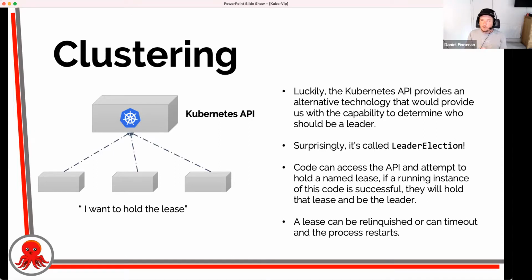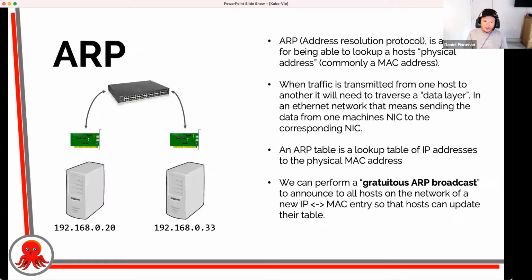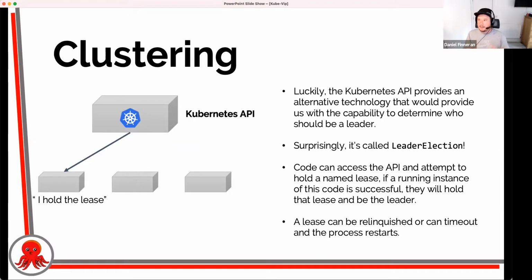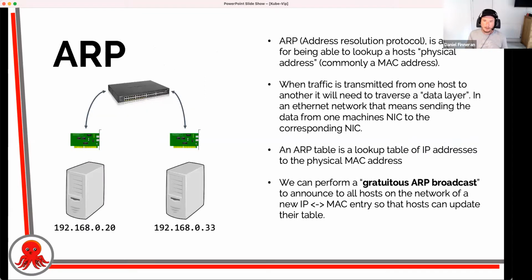The API will select one of those requests and say that you actually have that lease. At that point, that pod has been told it has the lease. And once it has the lease, it can then say, right, I'm now in charge. This is where the VIP should be. This is where traffic should come into the cluster. This is important for ARP.